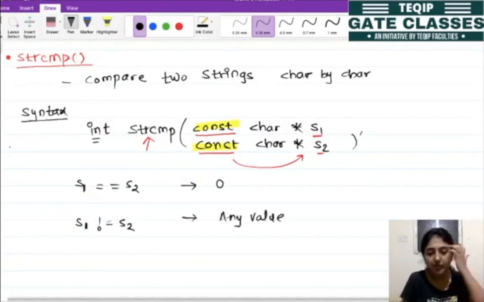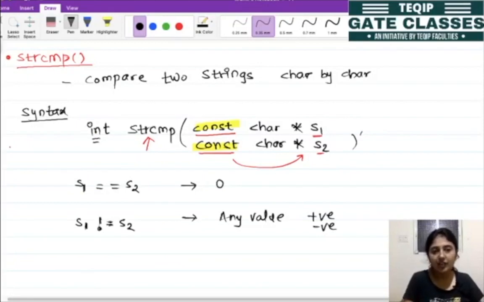In order to represent this value, we are using an integer. Maybe this value is positive or negative, we don't know. When these two strings are not equal, this function returns a value, either positive or negative. Therefore the return type for this function is integer. But when s1 and s2 are equal, the function will return 0.